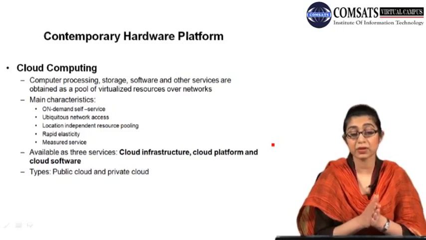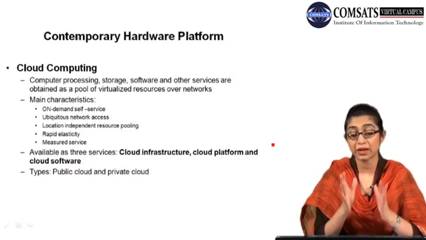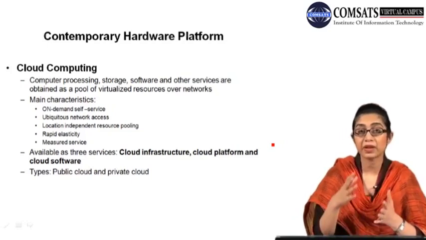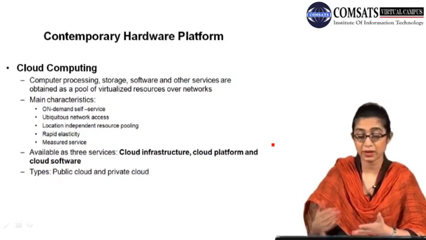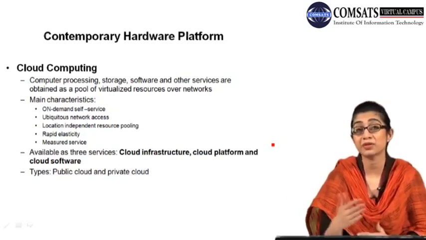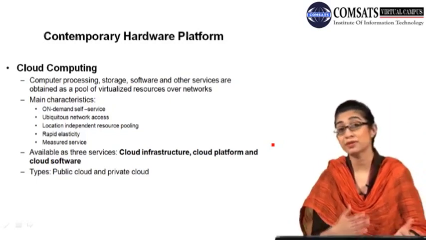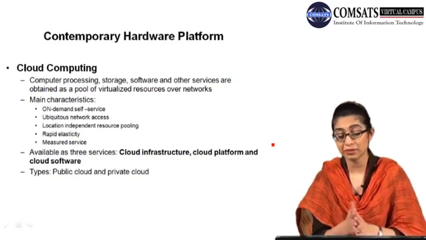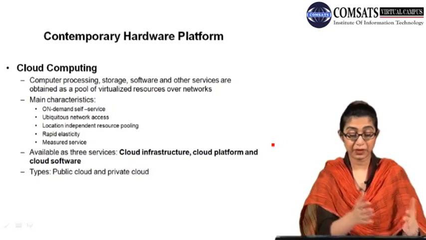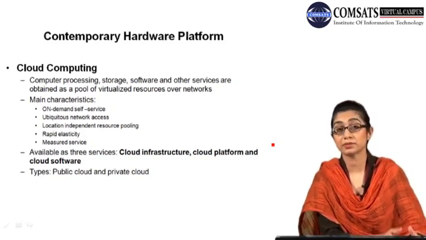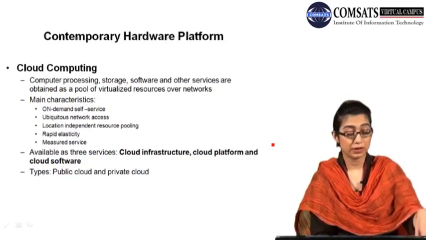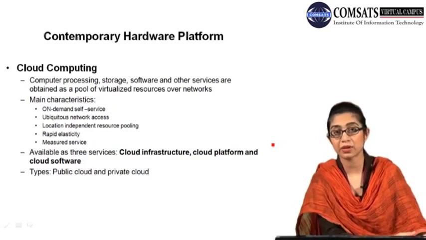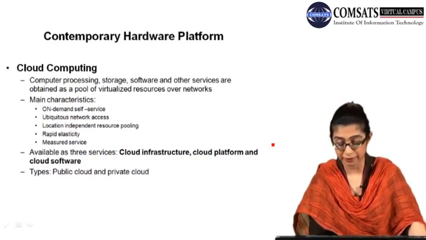Right जी, cloud computing में जो services दी जाती हैं that are basically in 3 different forms. एक को कहते हैं cloud infrastructure, that is also called infrastructure as a service. Then you have the cloud platform, that is called platform as a service as well. And then you have cloud software, that is called software as a service. So software as a service को हम in the software section भी देख लेंगे. Cloud infrastructure means that the cloud service provider is giving you the computer processing, any kind of hardware facility जो आपको required है वो आपको online दी जा रही है.